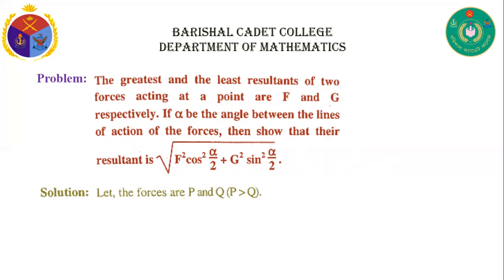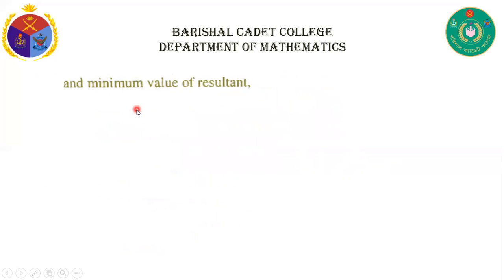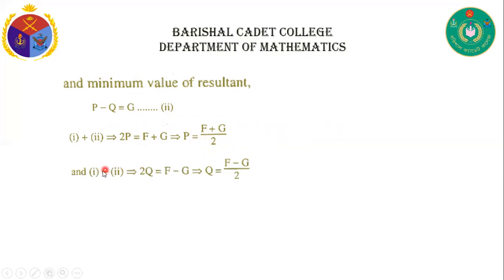So here we let two forces P and Q, and the maximum value of the resultant is F equal to P plus Q, and the minimum value of the resultant is Z equal to P minus Q. Now summing these two equations, we get 2P equal to F plus Z, and P equal to F plus Z divided by 2. Again, subtract equation 2 from 1, we get 2Q equal to F minus Z,